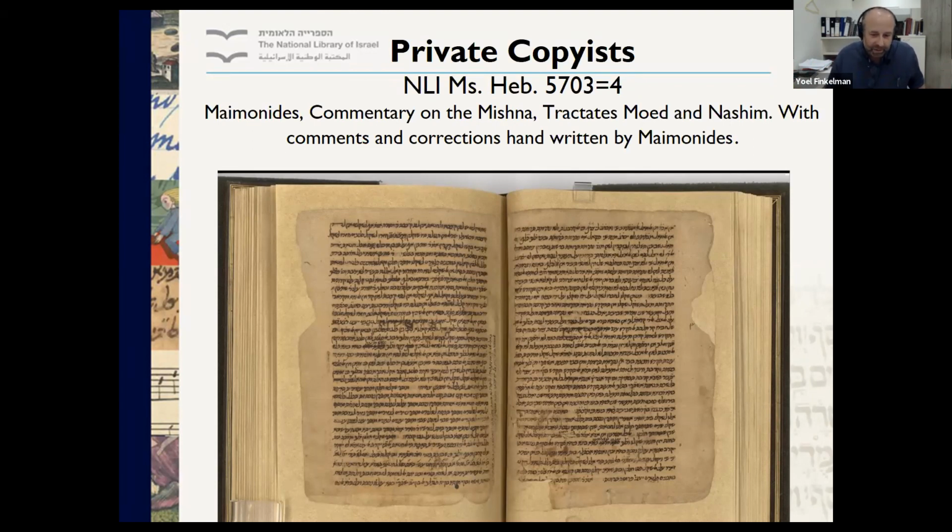This is an image of what's probably the most important manuscript in the National Library of Israel's collection. It's Maimonides' autograph, Rambam's autograph copy of Perush HaMishnayot, the commentary on the Mishnah, in his own handwriting. And it's close to the final version. You can see a couple of places over here where there are emendations in Rambam's own handwriting. And then you can see some marginal notes, which are generally in this manuscript from later generations. It's one of several examples of Maimonides' own handwriting that are known. We have more examples of Rambam's own handwriting than we do of just about any of the other great